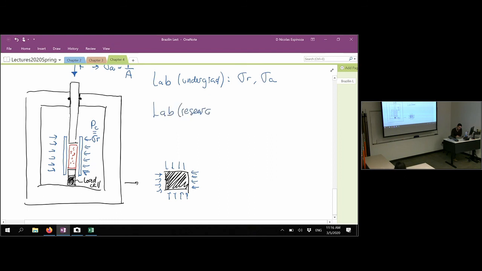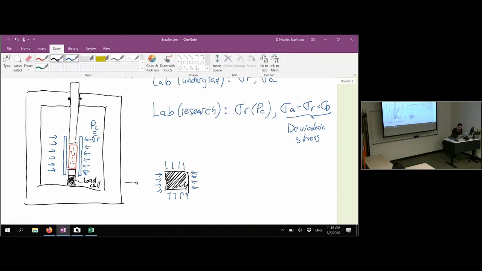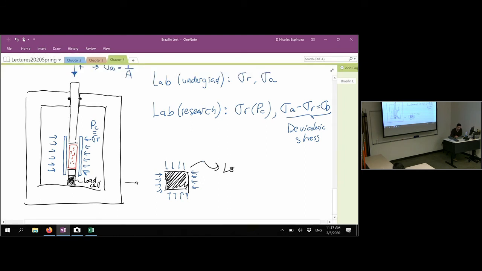as you would do in most research labs, like for example, across the hallway, the undergrad geomechanics lab, that's my laboratory, and in there we have something very similar. There we measure sigma r, or the confining pressure, but then we don't measure the total axial stress. We measure the difference between these two, or the deviatoric stress. And that's going to come from the reading of the load cell